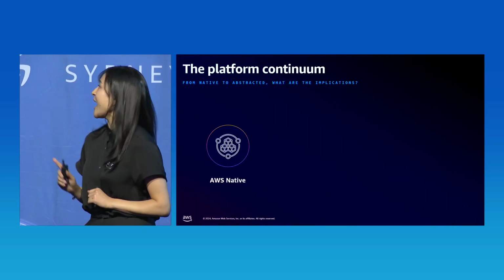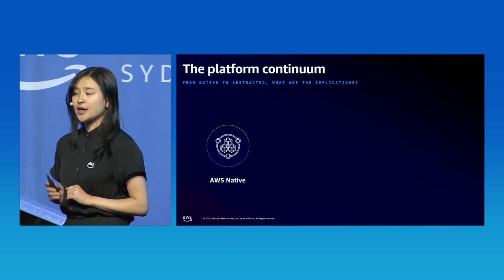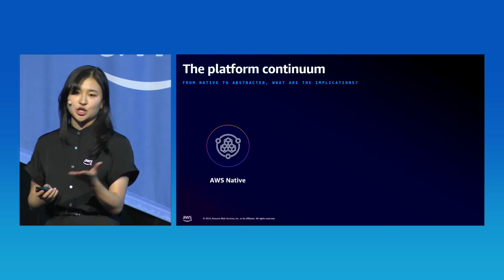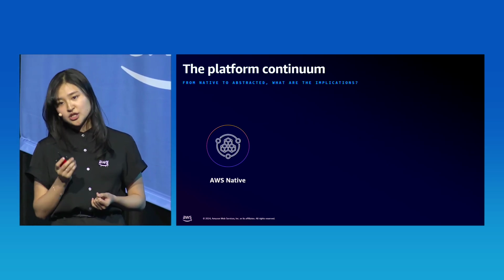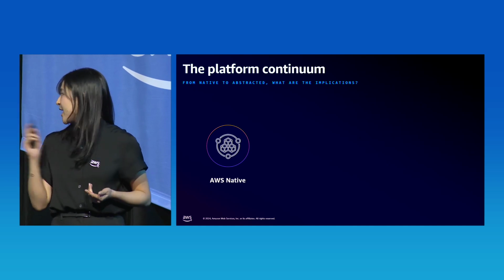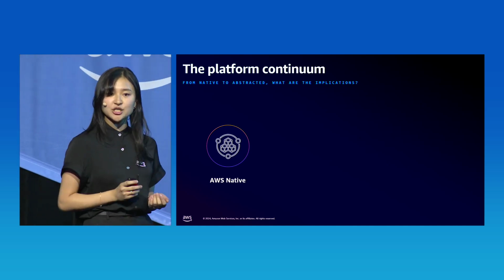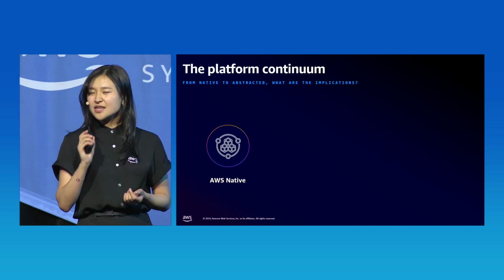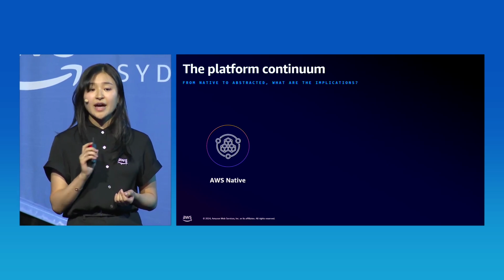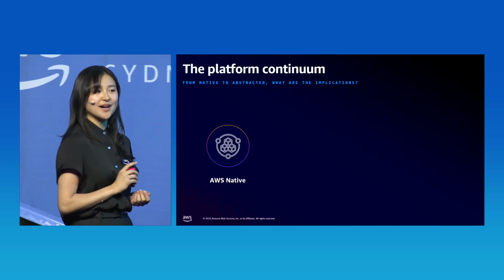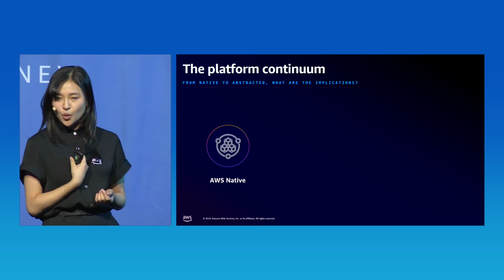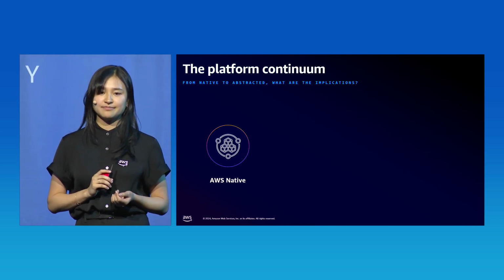Starting on the left, we have the AWS native approach. Now, this can be establishing a landing zone with controls using AWS Control Tower, AWS Config, Service Catalog, or it could be engineers using native tools like CloudFormation or SDKs. But this approach requires a level of AWS maturity from your engineers and may very well require you to hire the expensive unicorns we call full-stack engineers.